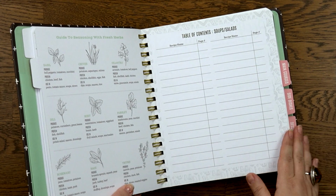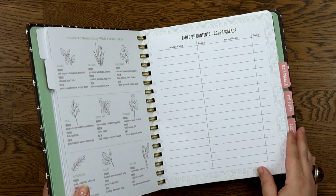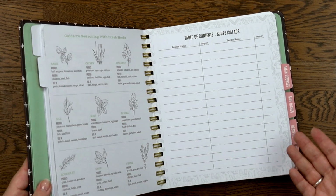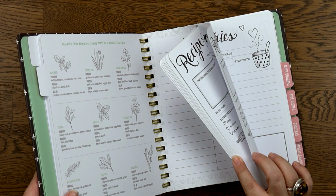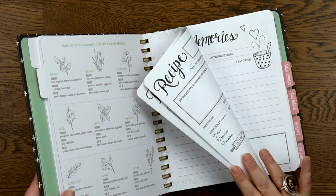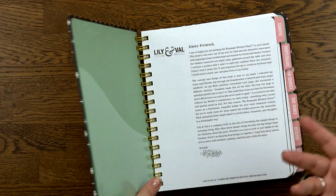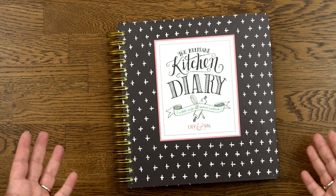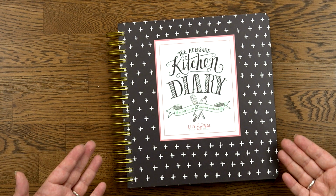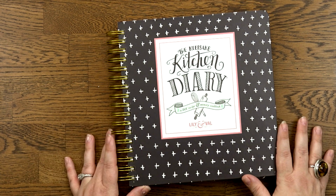She calls me all the time or texts me, Mom, can you give me the recipe for your chili? Mom, can you give me the recipe for this casserole that we both really love? So I know this is something that she's going to really love. And the fact that I took the time to fill it out, to decorate it, she knows that's so my mom, right? So when you think about how your kids see you, if you're being a crafter and a creator, think about how you can put your own distinct mark on this, especially